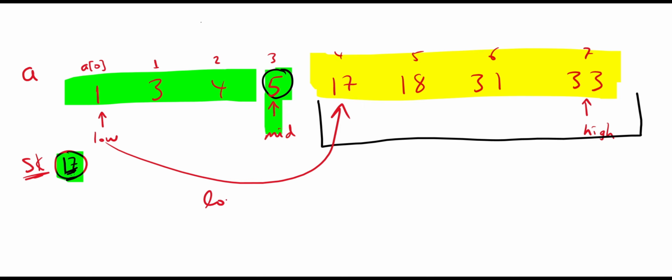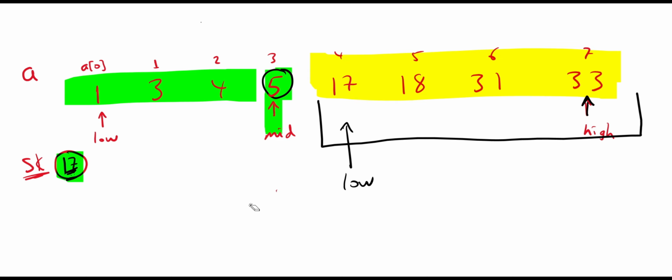I will say that low is equal to mid plus 1. So when I do that, low will be moved here, and now low will point here. High still points here. Okay? Then in the next step, this is our second step according to the sample, I will calculate mid